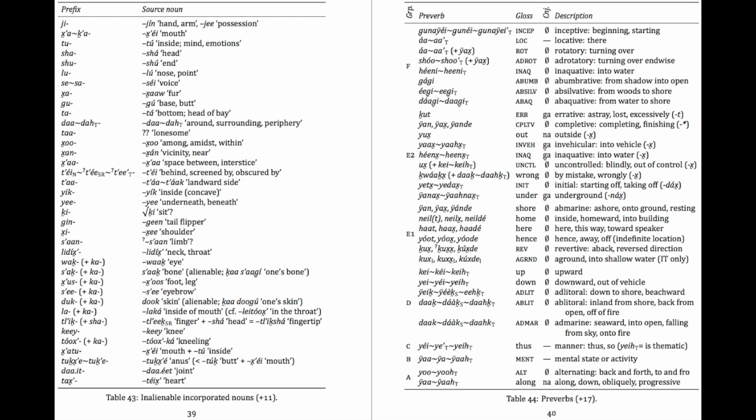The category on the left-hand side is one space, and the category on the right-hand side is another space, which means only one of those could pop up. It's like there's a slot there, and something could go in that slot. It's not like something has to go in that slot. A verb has to have a classifier and a stem, but it does not have to have one of these,